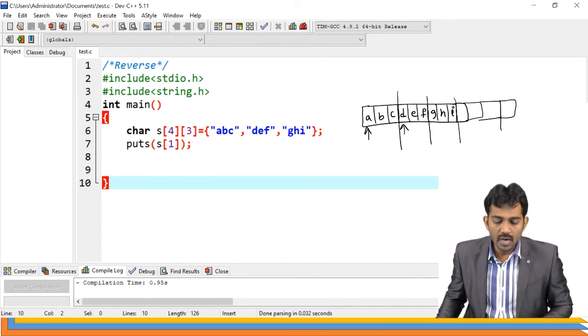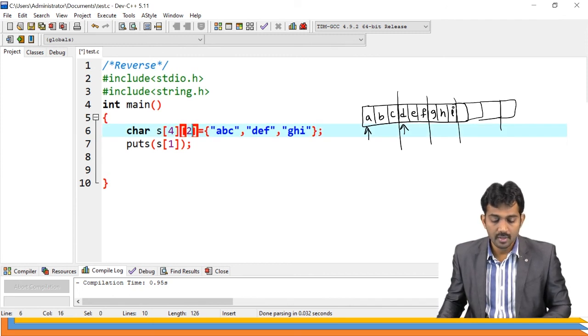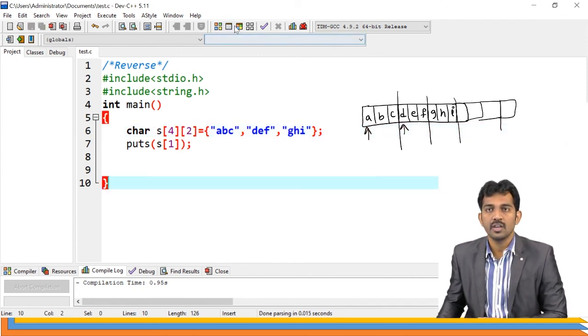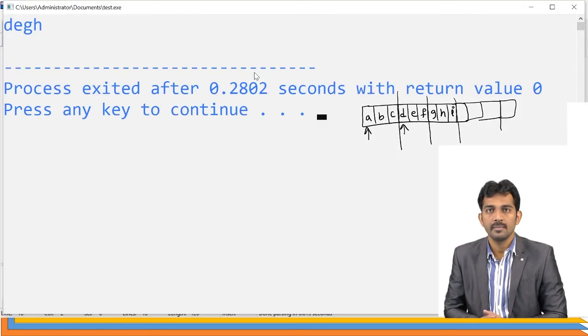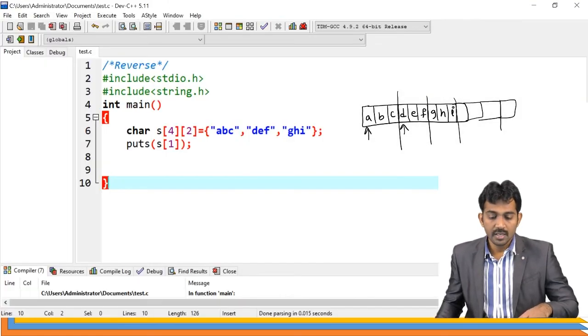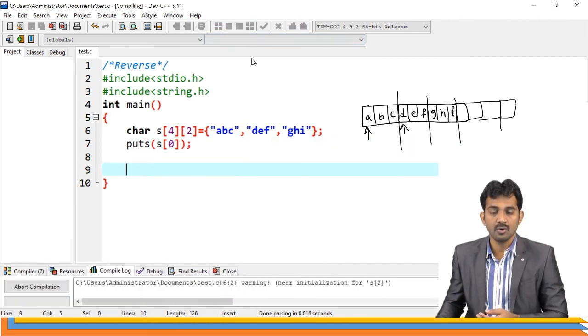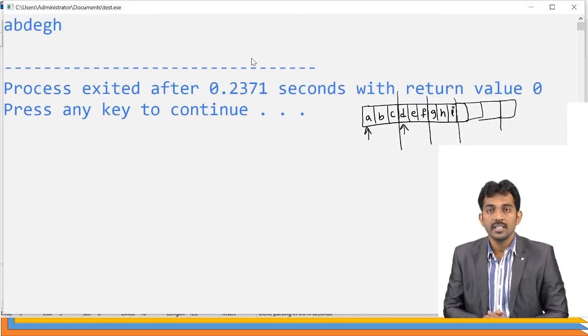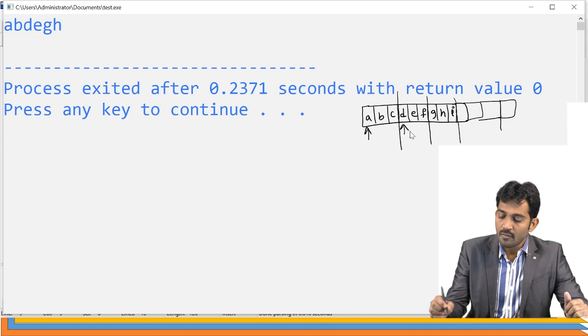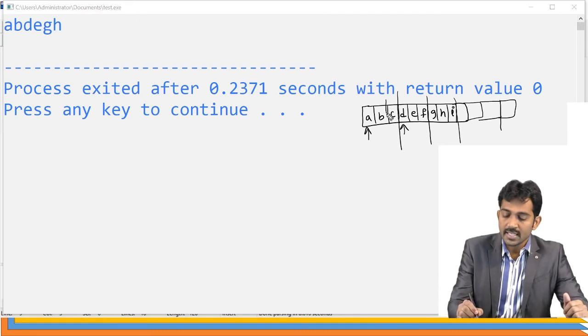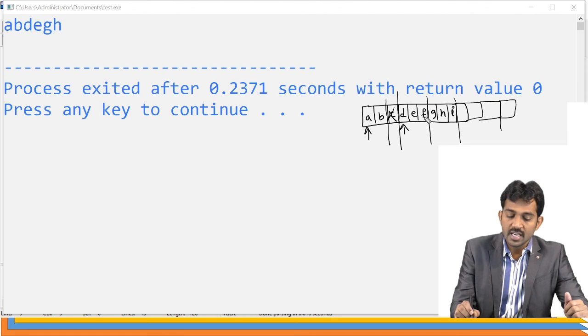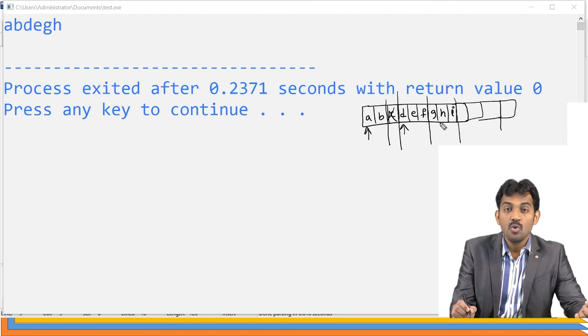So what happens if I use a 2 here? If you run this code, is this clear? It is going to store, for example, if you take 0 here, and run this code: A, B, D, E, G, H. The reason is, A, B, after that it goes to the second part. The second part means D, E. So D comes to here. Like that, D, E, F, F is deleted and G, H comes to here and I doesn't come, because we are going to get only 2 letters.